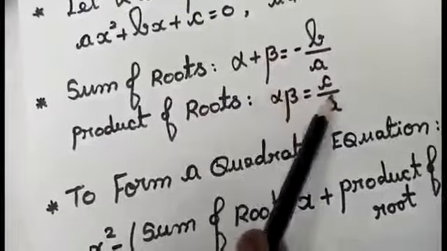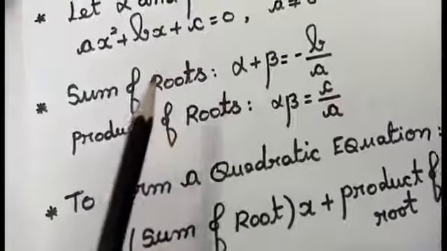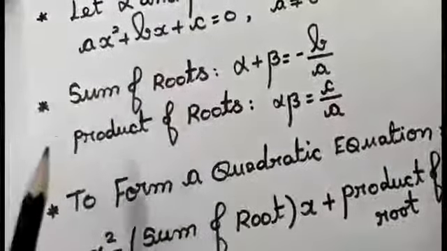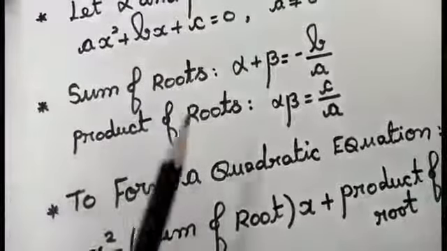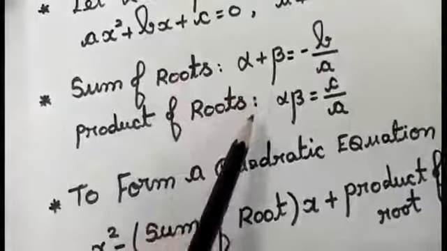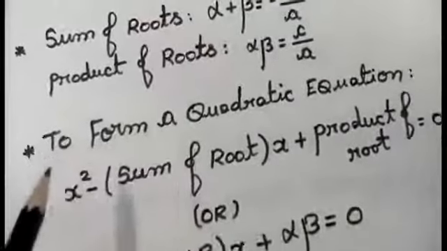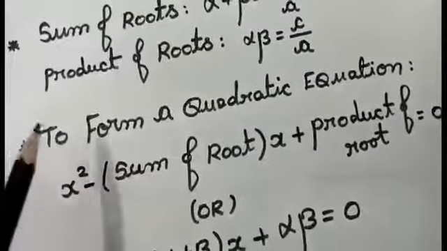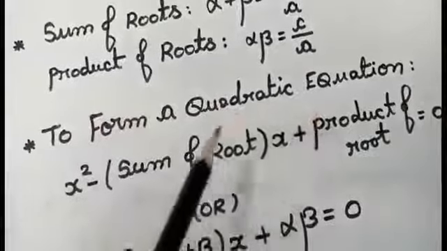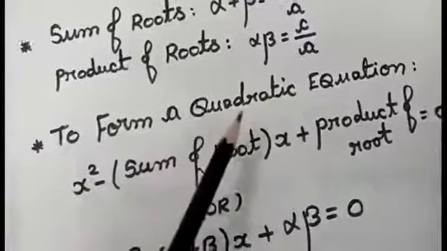If this condition is true, then I can say the roots we have found satisfy the given quadratic equation. And this calculation we are going to see with an example, students. The next one, if suppose they are going to give you only alpha and beta, and they are asking you to find the quadratic equation. If they are going to give only two roots, definitely I am going to get only a quadratic equation.